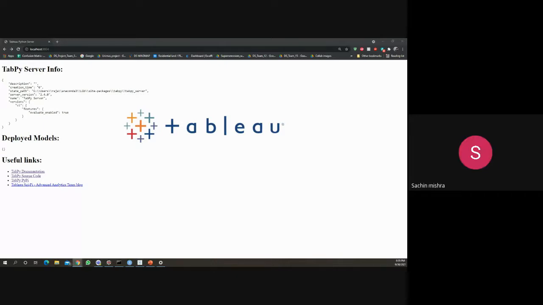For Tableau to integrate with Python, the same procedure will be there, the server, the same thing has to be done, right? Tableau to Python in the sense, what is your question? Suppose I want to integrate Python to Tableau, the same procedure will be there, TabPy server info. No. TabPy is only for Python integration with Tableau. Okay.